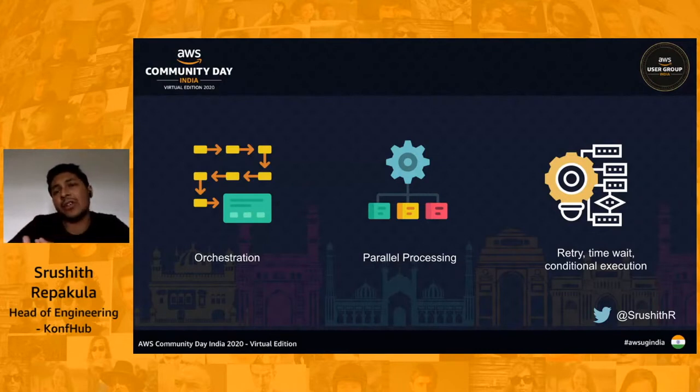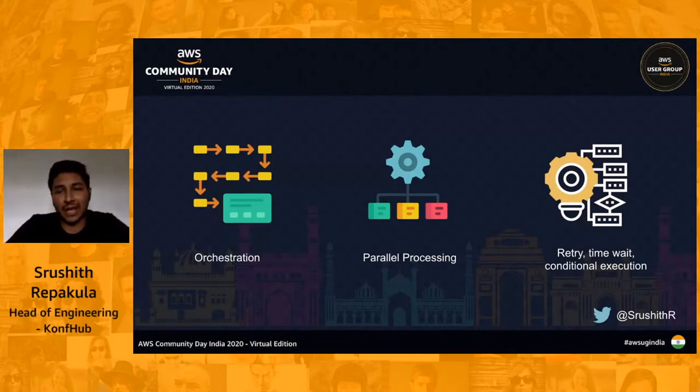If the Lambda function fails for a specific reason, because we are already catching it, we know why it is failing. So we can configure that if this Lambda function, which is responsible for connecting to Google Maps and getting the latitude and longitude, is failing for a reason, let's say a rate limit, then wait for a couple of seconds and retry again. Stuff like that is extracted out of the application logic and written into the Step Functions configuration. Therefore, we don't have to do anything. Everything is taken care of. So that is one simple example of retry.